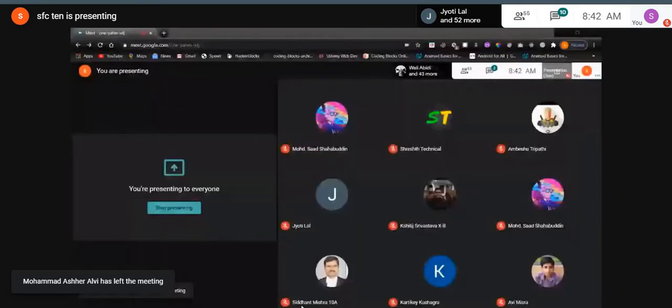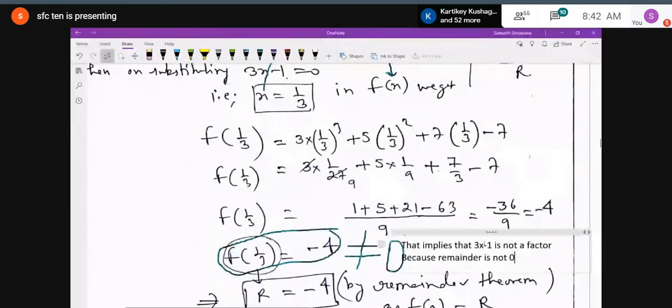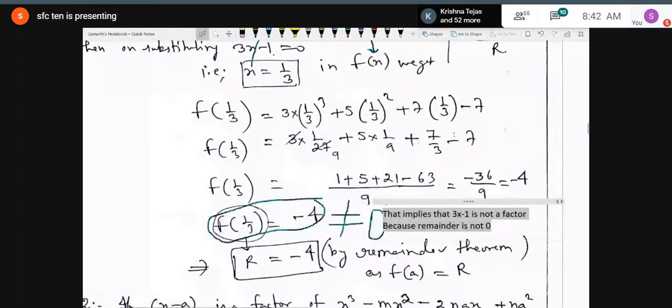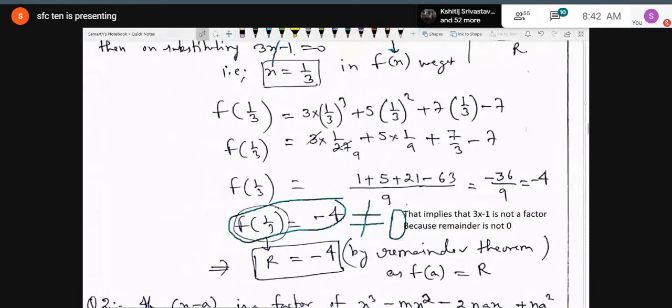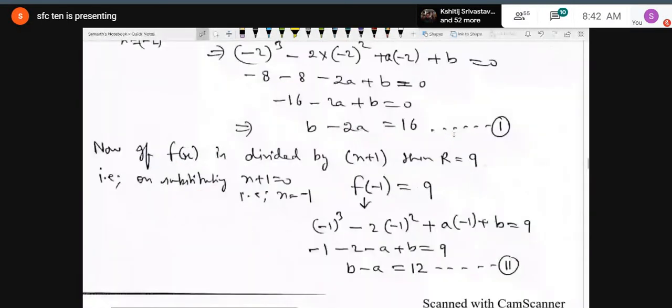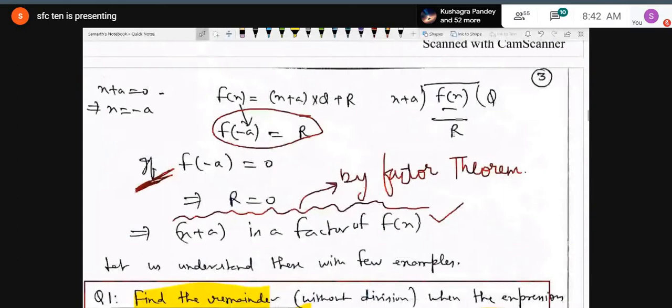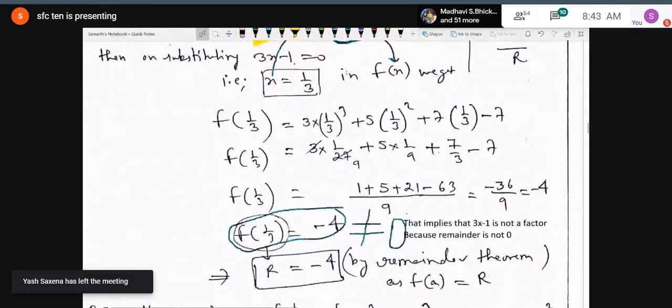And in fact, I'm just telling you, this is the easiest topic among all the topics you have learned till now. You just have to keep one thing in mind: if the remainder is 0, that means the divisor is a factor of the rational integral function or dividend, and if the remainder is not equal to 0, that means it is not a factor. Now let us take the second case.